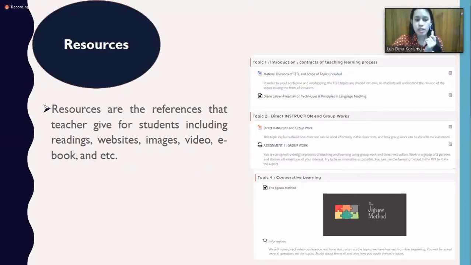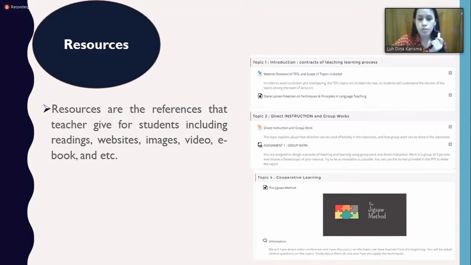Resources are the references that the teacher gives to students, including reading, a website, an image, a video, etc. It is important for the teacher to prepare some references for students in order to facilitate students in understanding the material given in the online course.